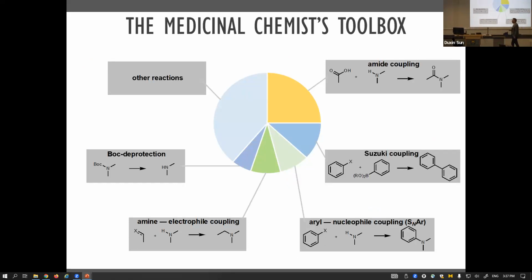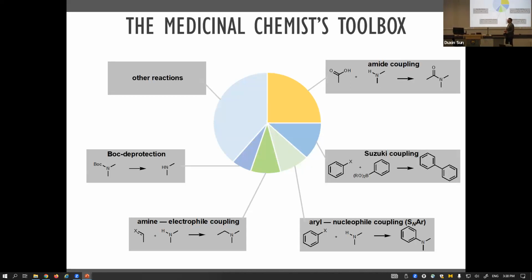Multiple groups have repeated this result. Unfortunately, I can't see the references here. I don't know if those online are able to see it. But there's a reference down here from Jonas Boström. What he did was he scraped 40 years of papers from the Journal of Medicinal Chemistry and came to this conclusion. You'll get a nearly identical pie chart if you scrape the entire US PTO of patented pharmaceutical